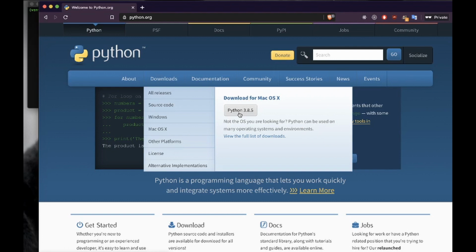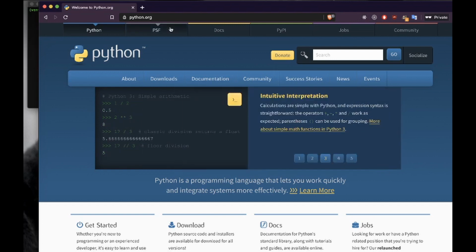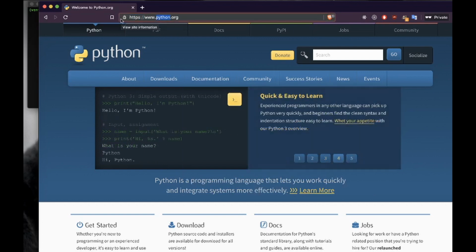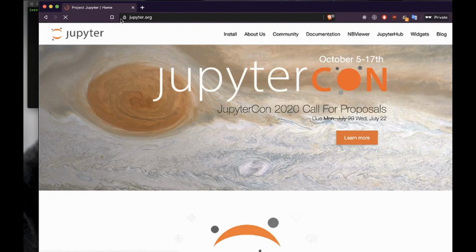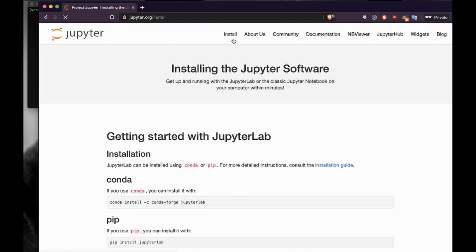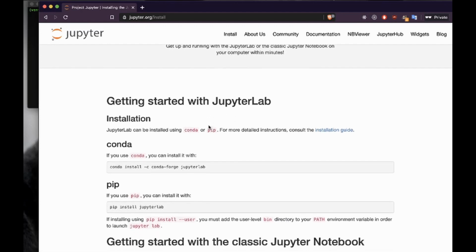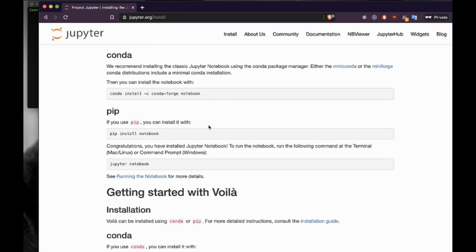So I'm on 3.0 and this is 3.0. Once you have Python installed, you will want to go to Jupyter.org. So Jupyter.org is where we'll get our Jupyter notebook. Once you're on Jupyter notebook, you want to go and install it. Click install. Scroll down. There's many different ways to set this up, but the way I did it was